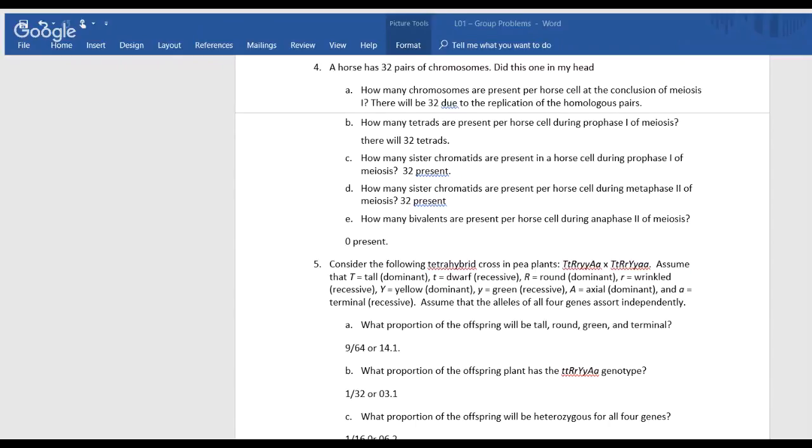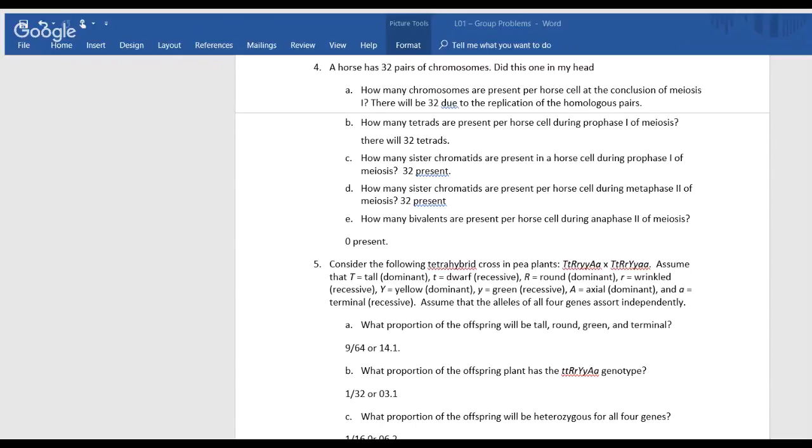So how many tetrads are present per horse cell during prophase 1 of meiosis? There'll be 32. So we have prophase, the meiotic spindle comes out. The nuclear membrane starts to break apart, and then during the 2 prophase events, I forgot their names, they're going to come up, and there's going to be